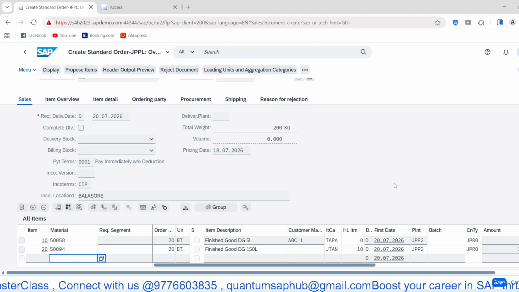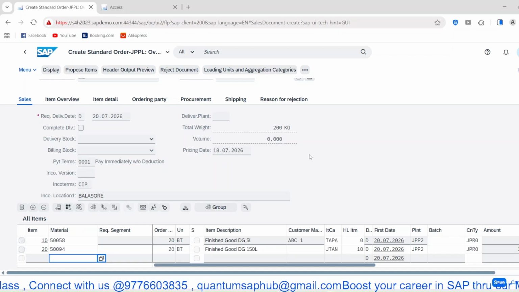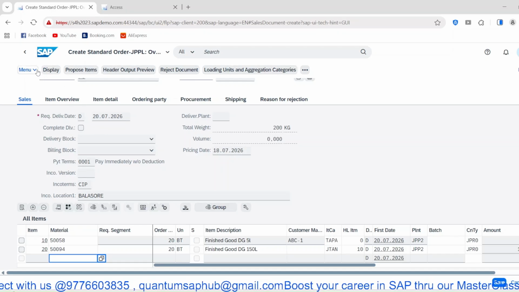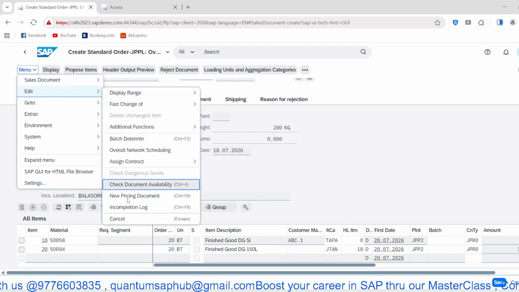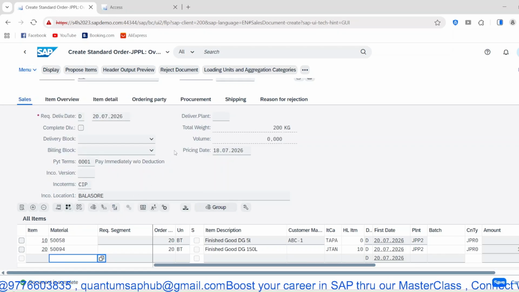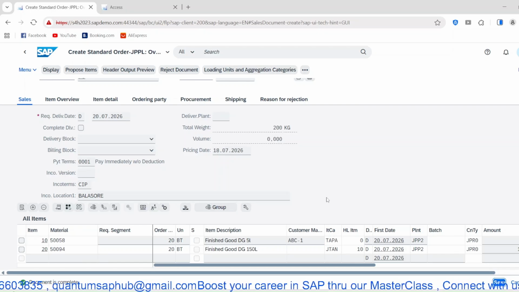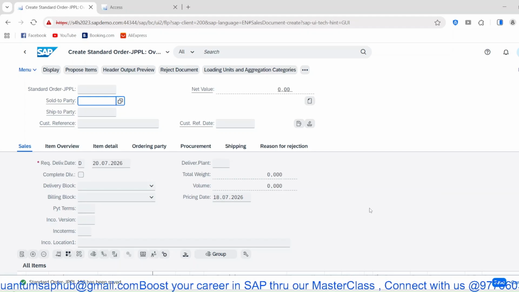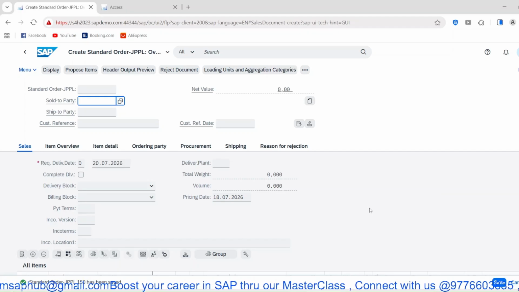Okay, sell set. And you go to the menu, edit incompletion log, just see no incompletion log, you can save this. So this is how the material is getting substituted through the